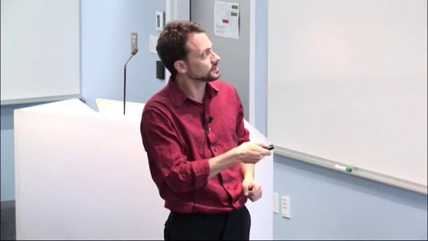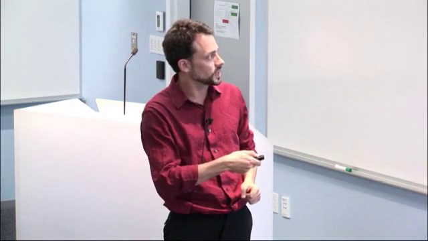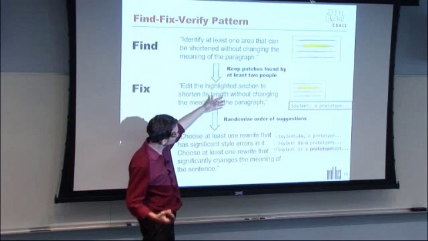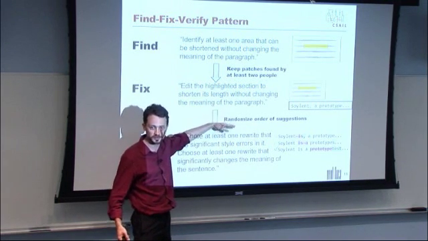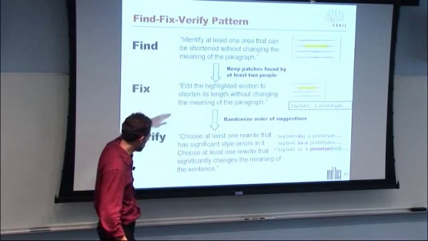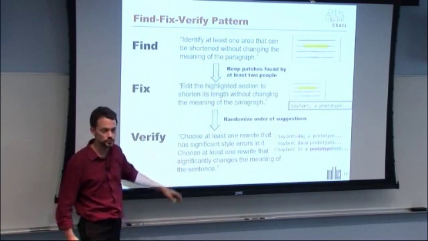And then the fix is make a change that will shorten it without changing the meaning of the paragraph. And then because some of those will be bad, at least on Turk, our rule of thumb is that 30%, a third of these answers are going to be bad. We pass that on to a set of voters who basically throw out that lower 30%. And that way, what we've got back are hopefully fairly high quality choices that we choose